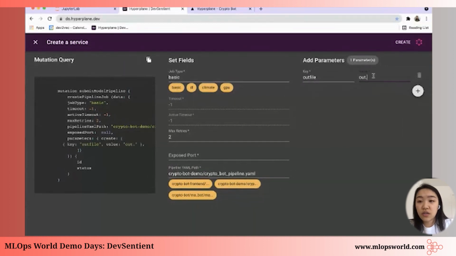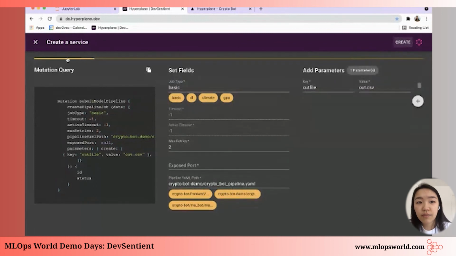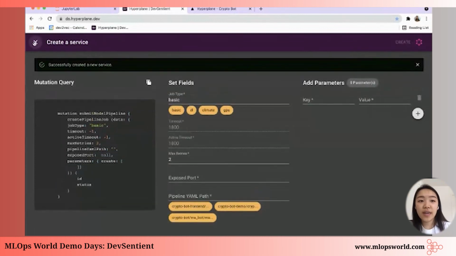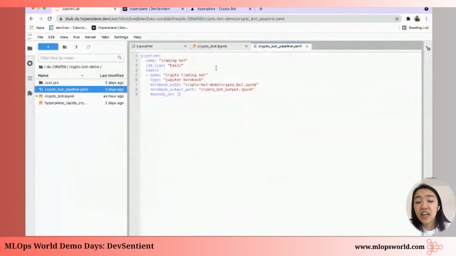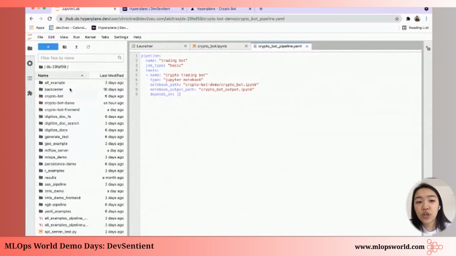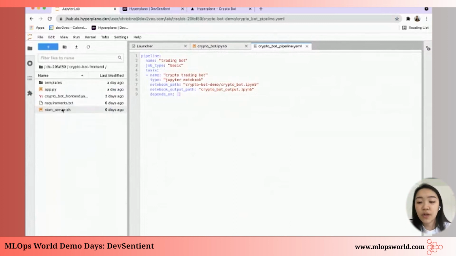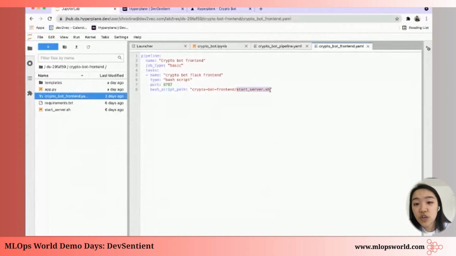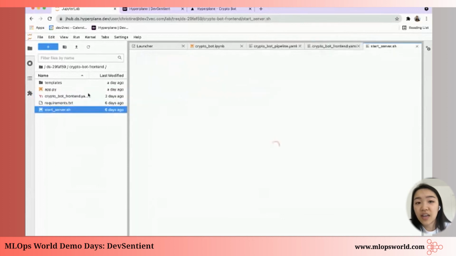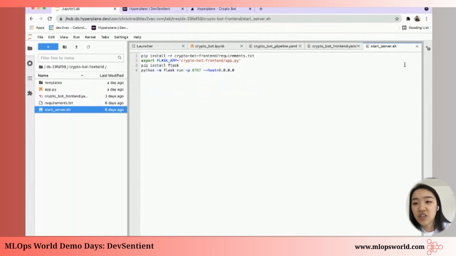Yep. And then you can create a service that way. The second thing is, let's say you don't have a notebook, but rather an application like a Flask app or a FastAPI, or any other framework you want. Let's say we have an application that we'd actually want to run from beginning to end. And of course, we don't want it to time out, because it's supposed to be a live dashboard. So similarly, we create our YAML file with the instructions on how to get that application up and running. So, pip install, and it's really this line.